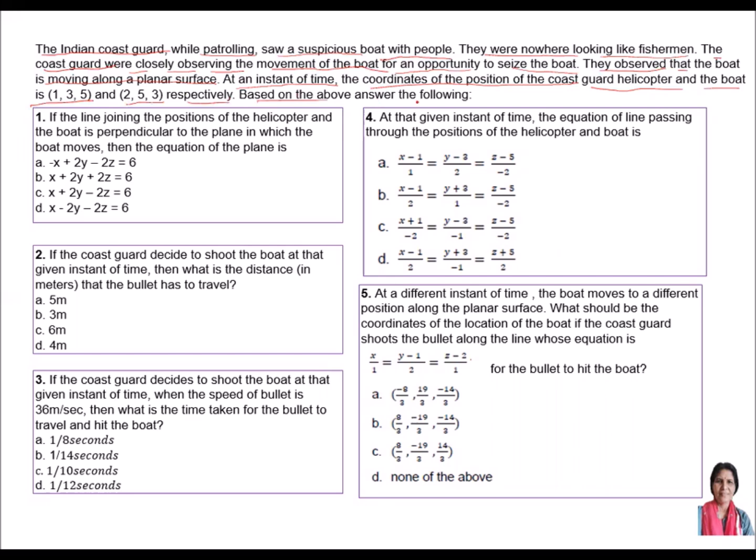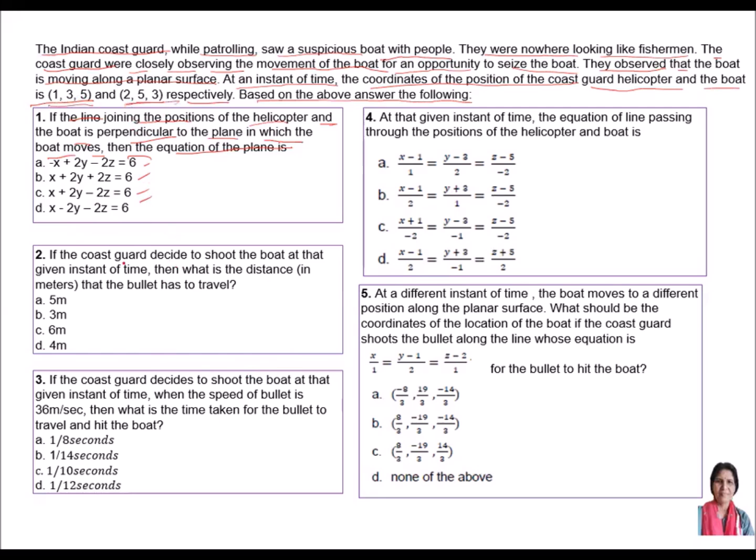Based on the above, answer the following. There are 5 parts. First question: if the line joining the position of the helicopter and the boat is perpendicular to the plane in which the boat moves, then the equation of the plane is: minus x plus 2y minus 2z is 6, x plus 2y plus 2z is 6, x minus 2y minus 2z is 6, x minus 2y minus 2z is 6. We have to find the equation of the plane which is perpendicular to the line joining these